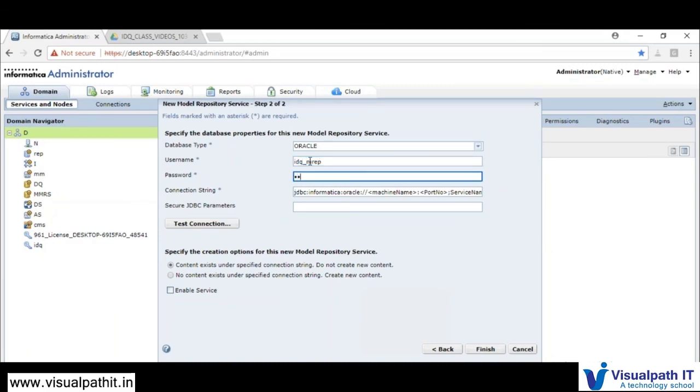I remember only the IDQ credentials and keep on using that username and password. Please ignore that, please bear with me. I just remember only that username, otherwise I would have provided multiple usernames. So IDQ is your database connection, and we will be providing the connection string.